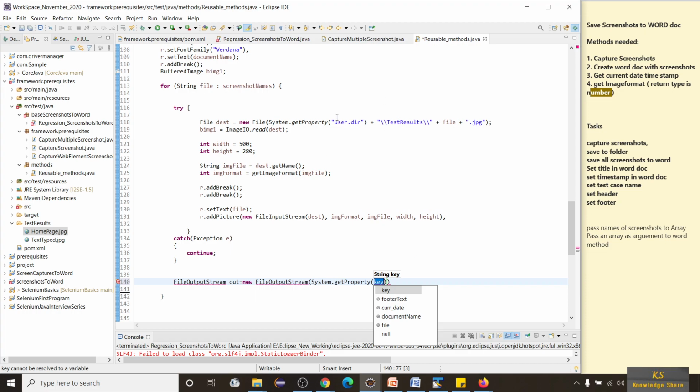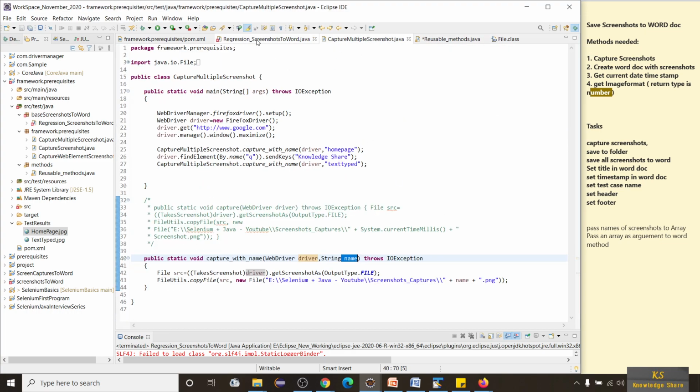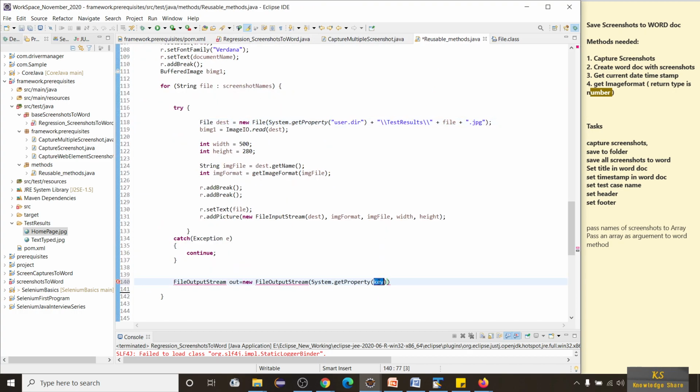As I said, we will be taking the same folder, user dot directory.